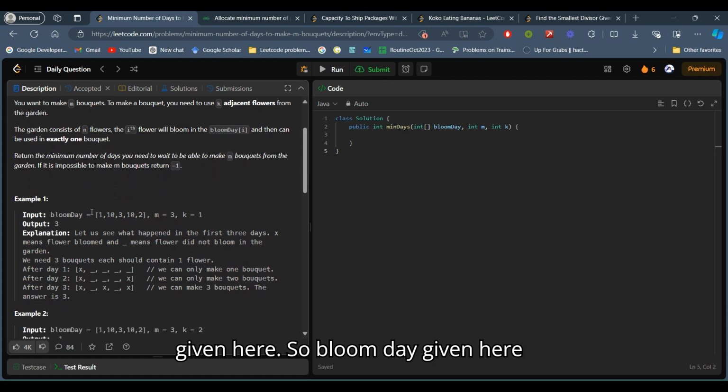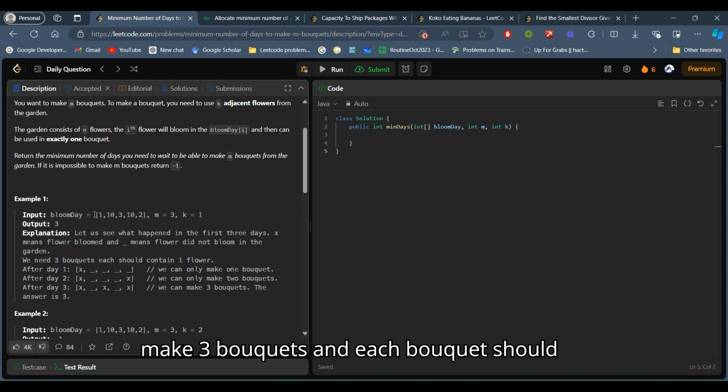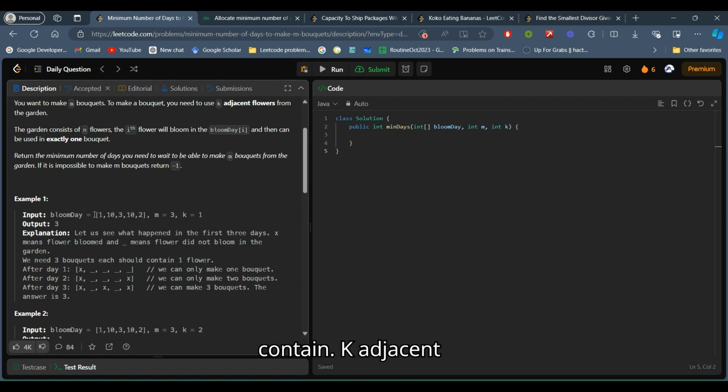So bloomDay given here is 1, 10, 3, 10, 2, and m is equal to 3 and k is equal to 1. So the problem says that we have to make 3 bouquets and each bouquet should contain k adjacent flowers, meaning one flower in each bouquet.